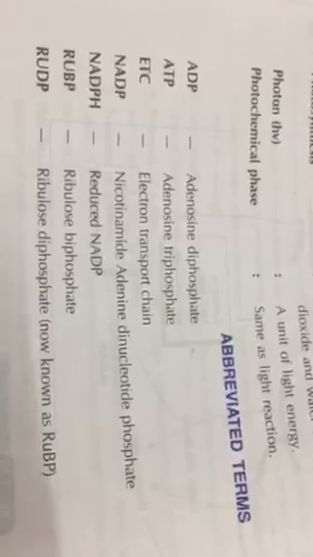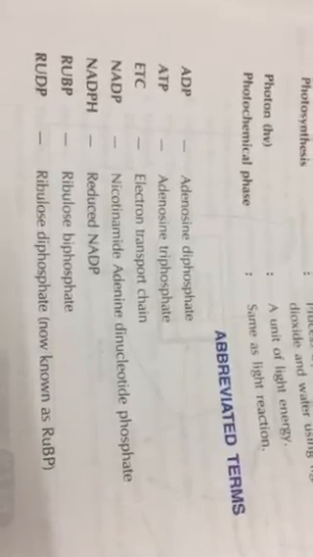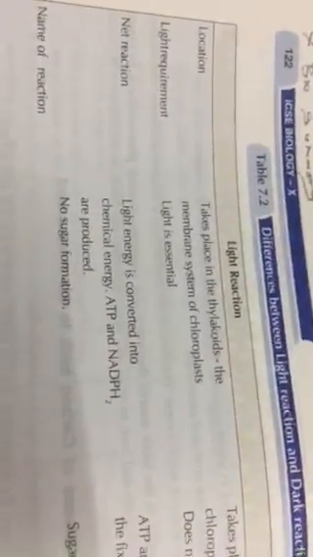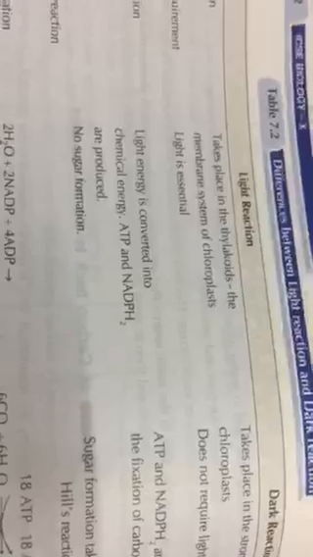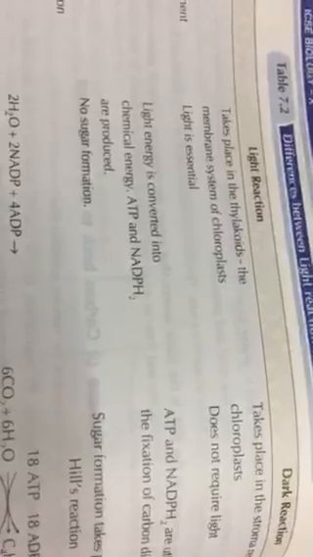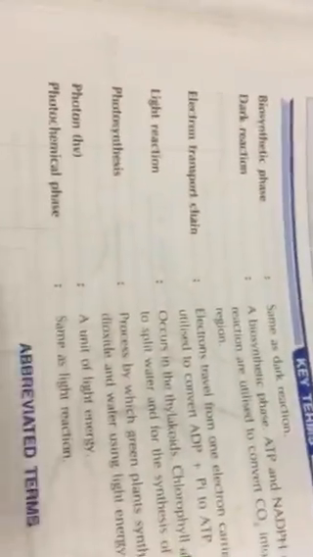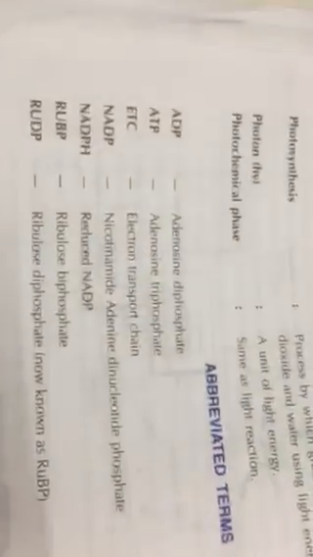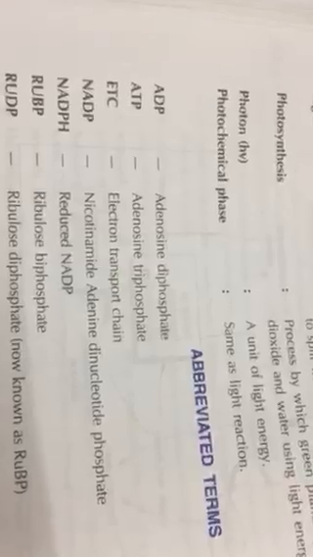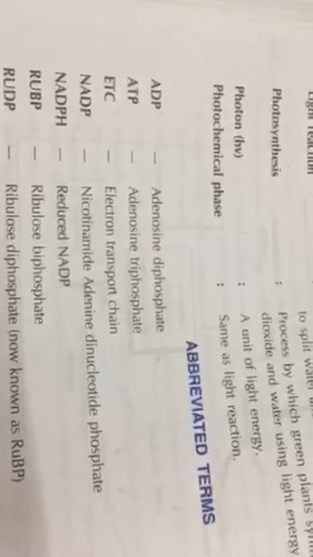Try to understand. 4 steps already I taught you, and 4 steps of dark reaction in a similar manner I also taught you. And now overall, depending on the location, how dark and light reactions are differentiated. One is the location and the second one is the product. So now you have learned this simple definition, and these 3 abbreviations you will definitely get: NADPH, RUBP and ADP or ATP.